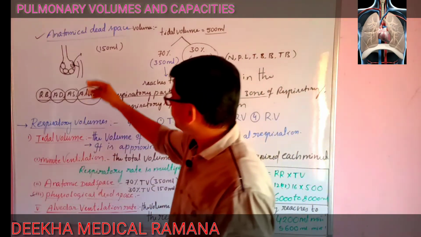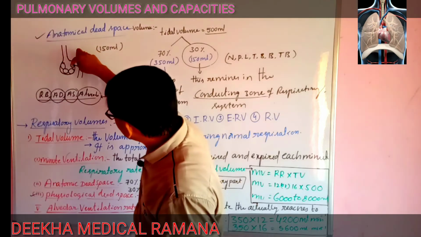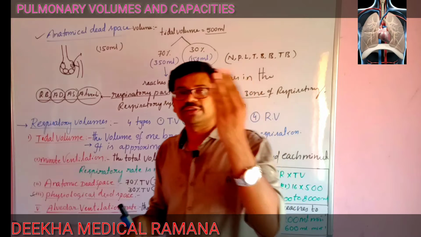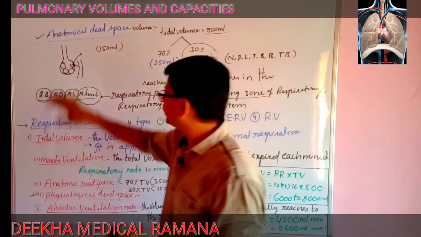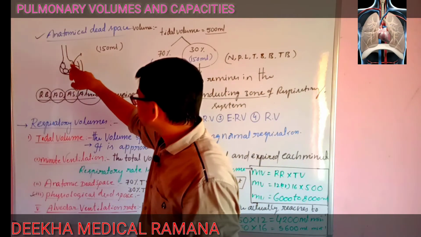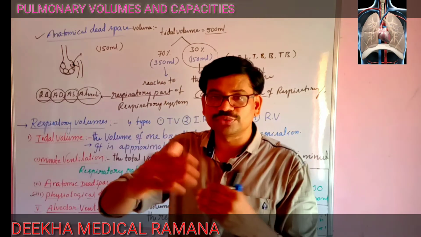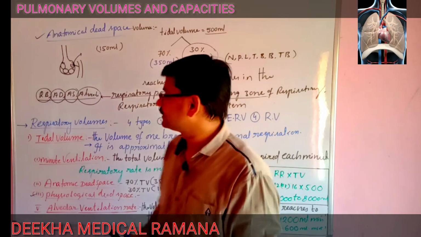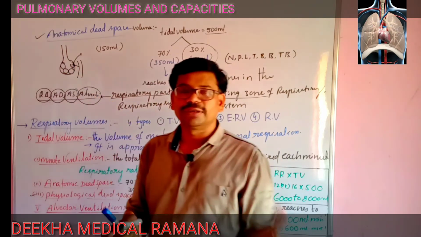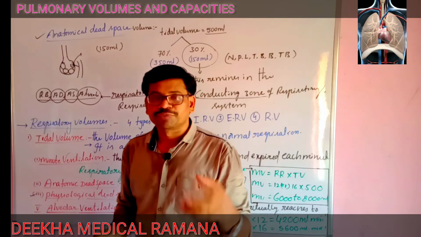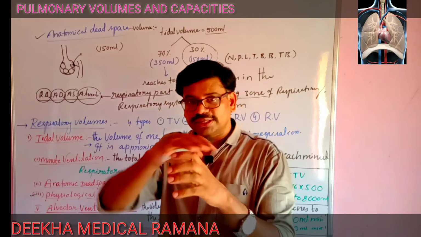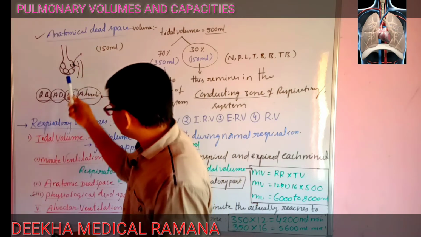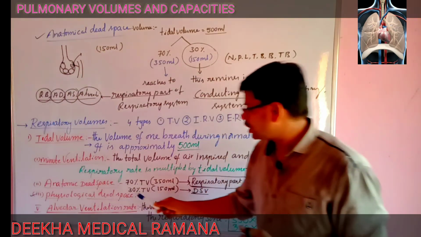Physiological dead space is some amount of air that reaches the alveoli, and the oxygen present in the alveoli does not help the exchange. It is not involved in the exchange of gases because the alveoli may be fibrotic, may have emphysema, may be damaged, or the surface area may be thickened. So this, along with the anatomical dead space, we have to consider as physiological dead space.